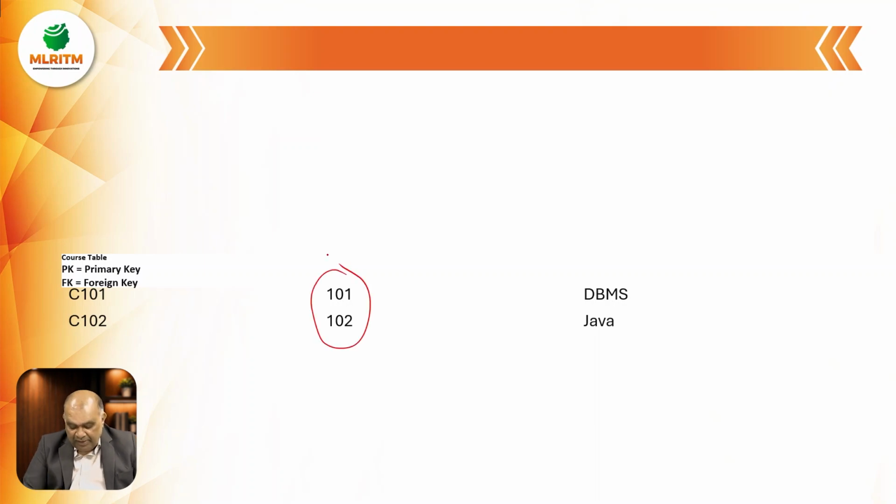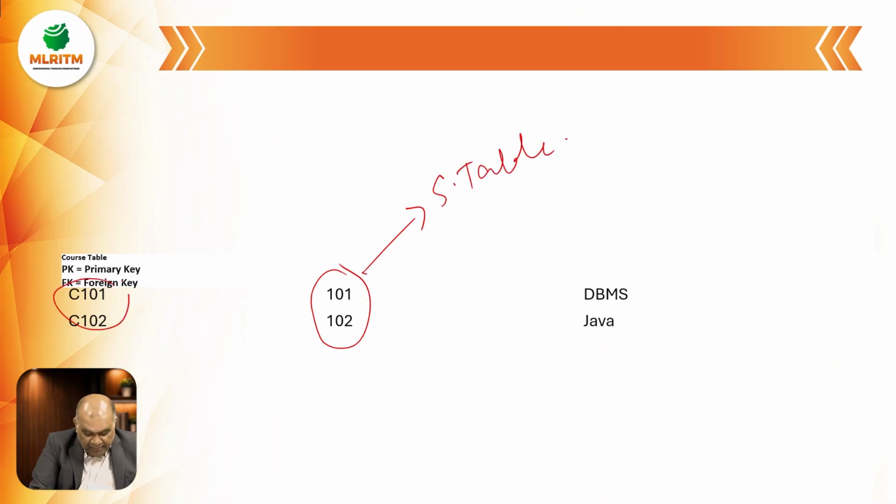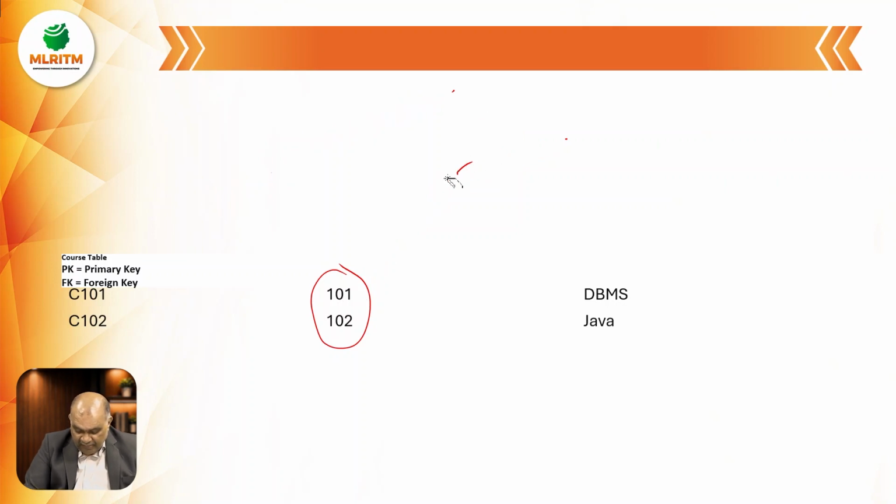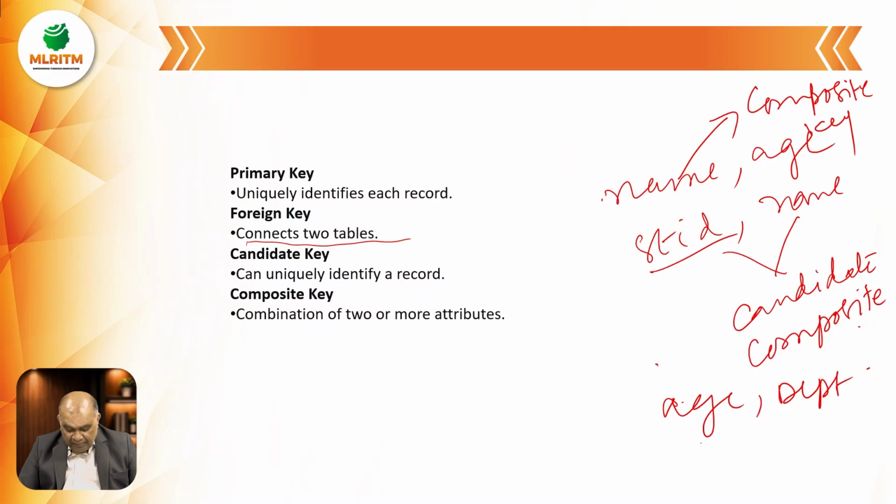So these two are the primary keys of the student table, and these are the primary keys of the course table. So there is a link between the course table and the student table. So when you have data like this, which is a primary key and also the primary key of another table, those two are clubbed and it is going to form a table in this format. So this is the example for the primary key and the foreign key,